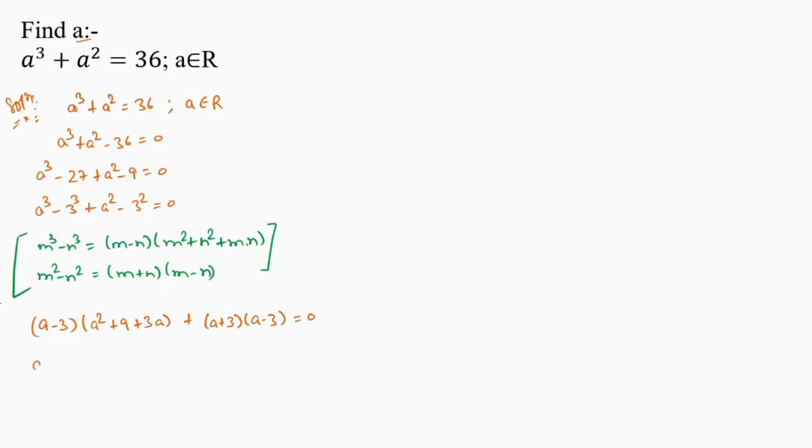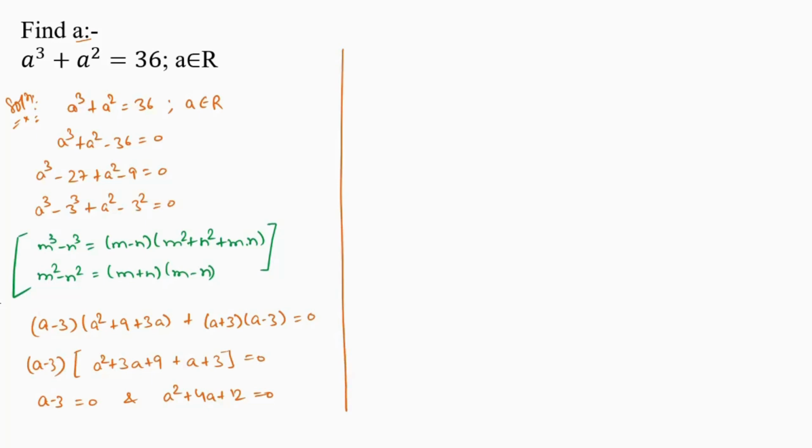Now take a minus 3 common, we get a square plus 3a plus 9 plus a plus 3. So this will become a minus 3 equals to 0 and a square plus 4a plus 12 equals to 0. So on solving this we get a equals to 3 and